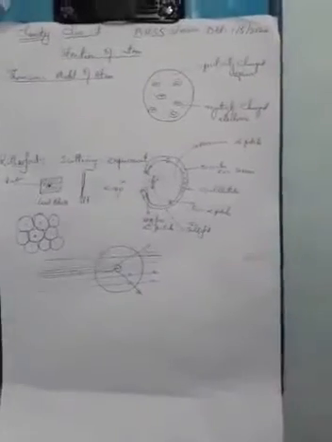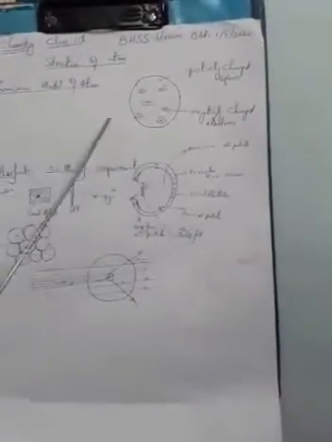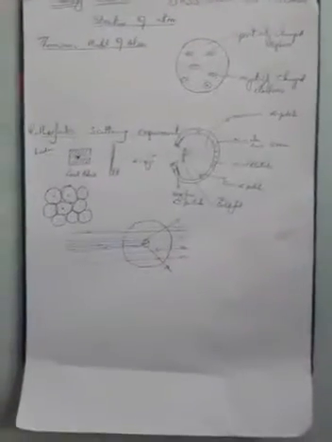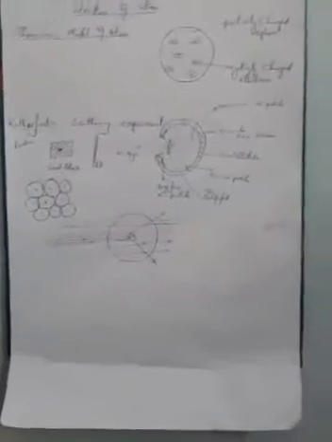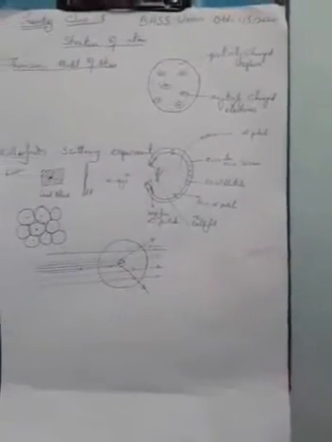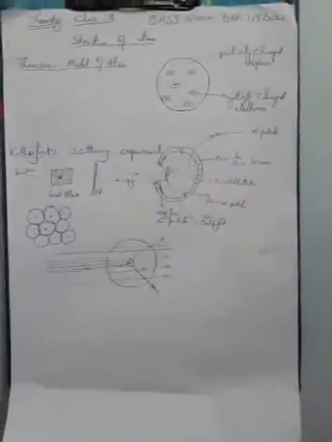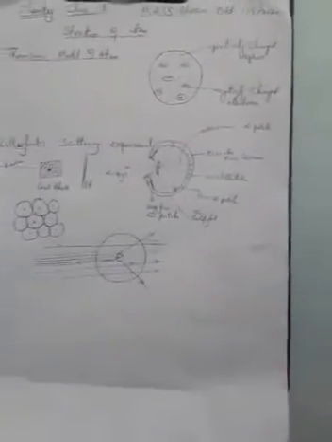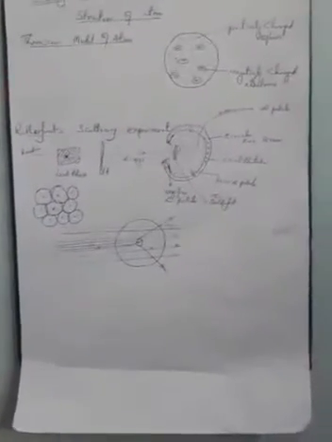Although this model did not have any experimental evidence, Thomson's model of atom was discarded. Then, to know the exact position of these subatomic particles, that is electrons and protons,